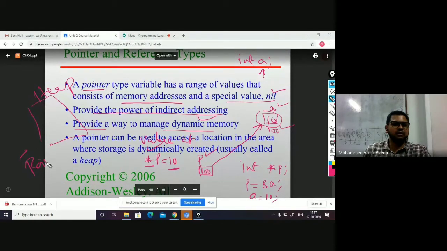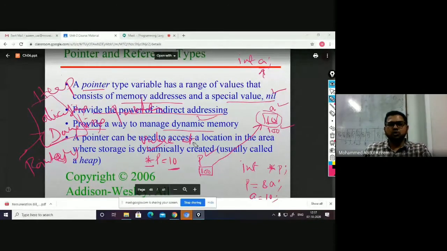But there are some problems associated with allocating memory from the heap during runtime. We'll discuss problems like aliasing and dangling pointers. These are the issues associated with dynamic allocation and deallocation.